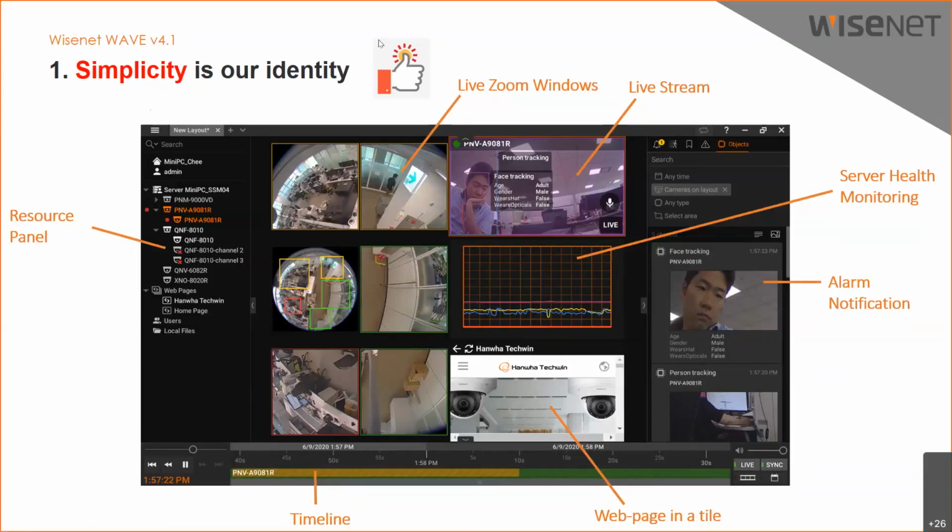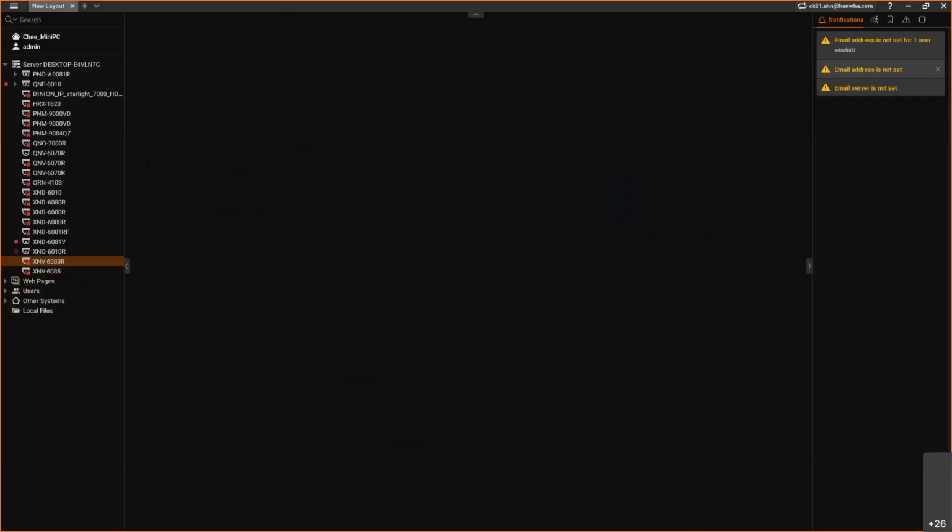So first, this is the Wave user interface. As I told you before, the Wave system automatically discovers every camera, every NVR from the network. Now I have this list, and in front of some cameras there is a red circle, which means this device has been registered already, and other devices are not registered yet. So if you want to register devices,